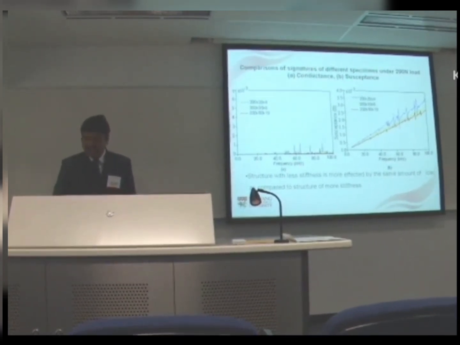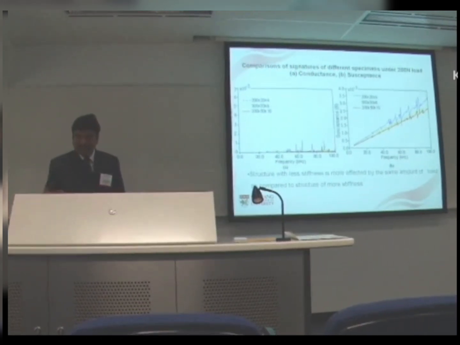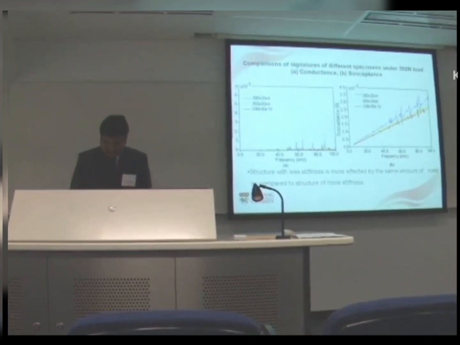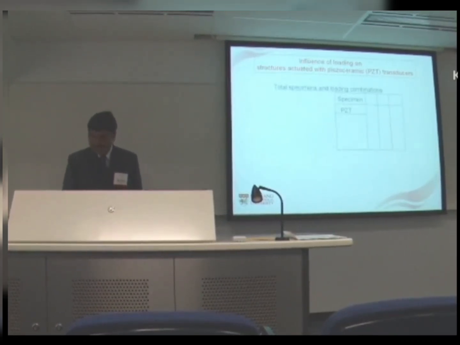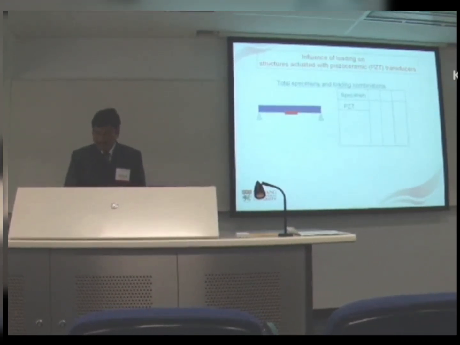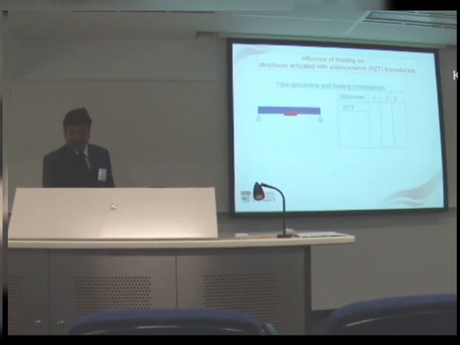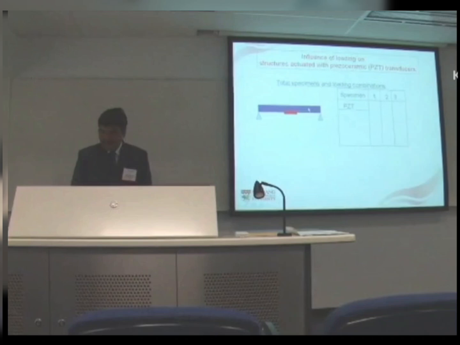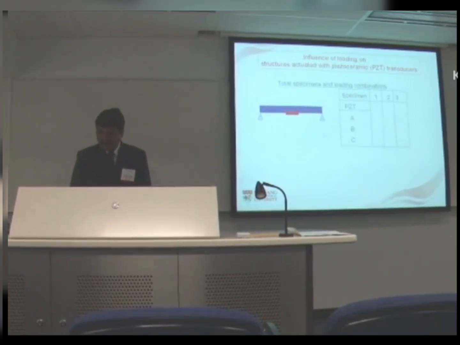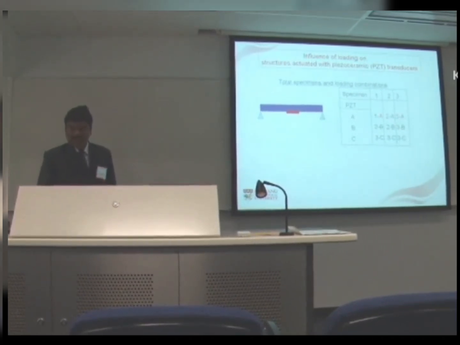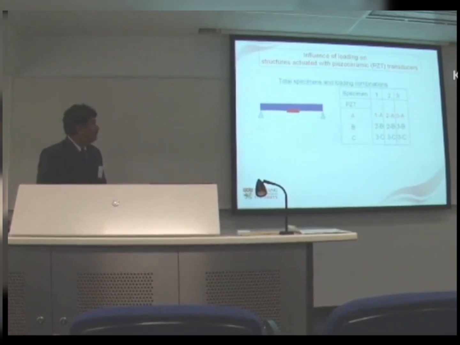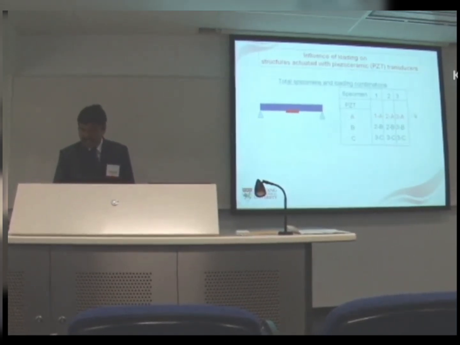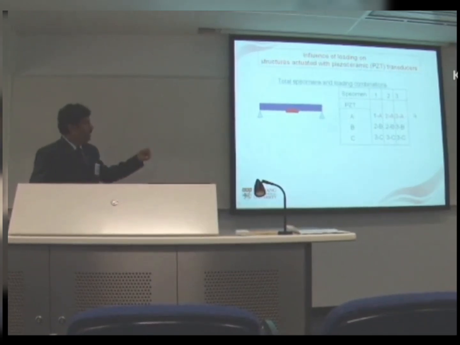To further exemplify that susceptance could be a better alternative or can give better results, we did some more experiments. The boundary condition we used here was simply supported. And this is the PZT, and this is the structure. We totally took nine combinations, like 1A, 2A, 3A. So we had a total of 9 conductance and